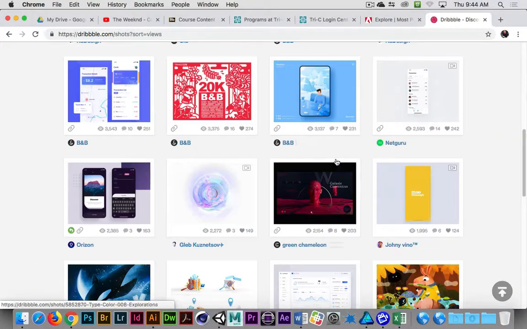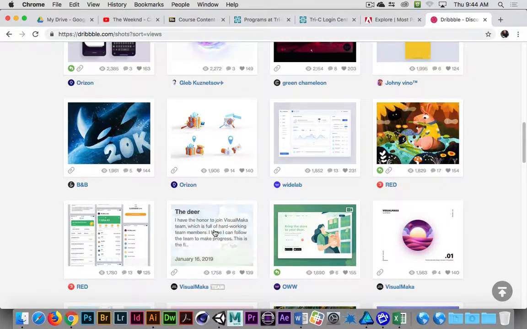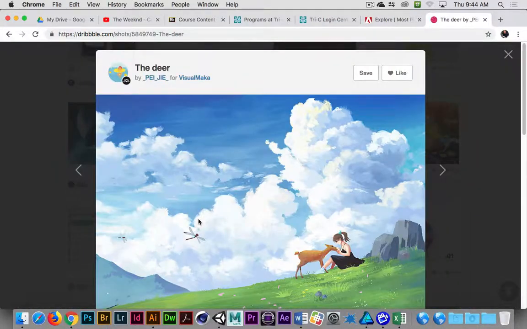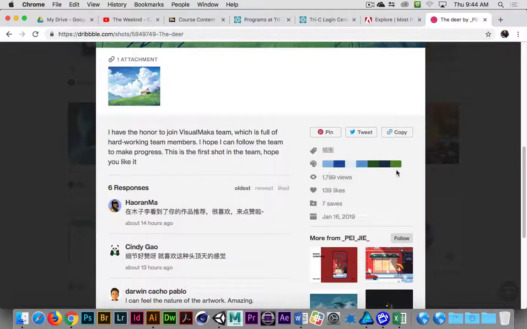And we could look at just different designs. And maybe there's this illustration of this donkey over here. I don't know what it is. Or there's this sky, and maybe I like the color profile, the colors that are being used in this design. I'll click on it, and I can either capture this image, or if I scroll down, it'll give me kind of a color profile